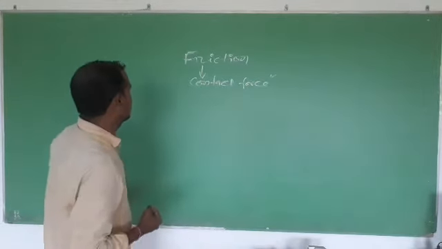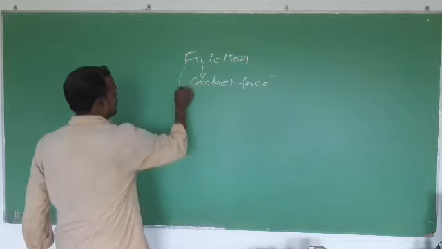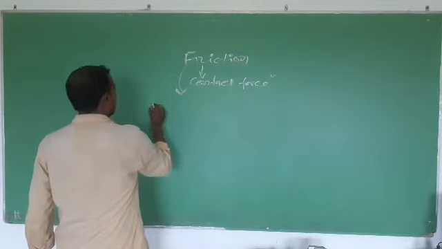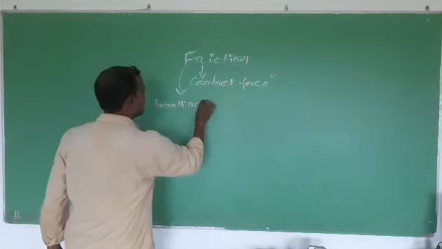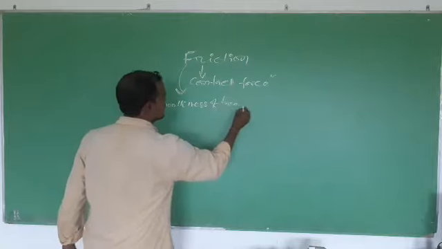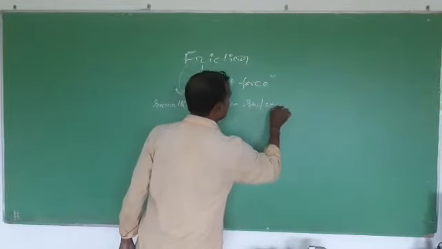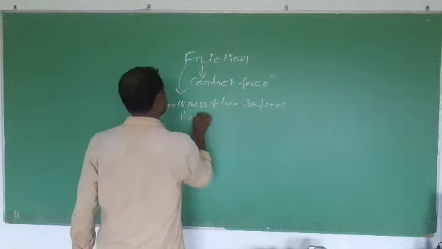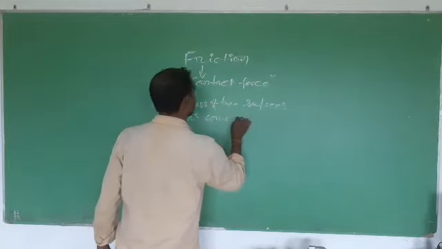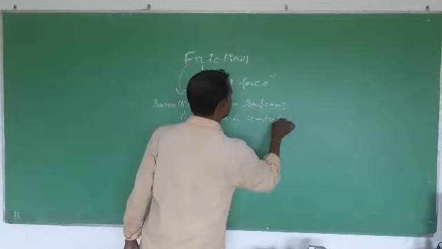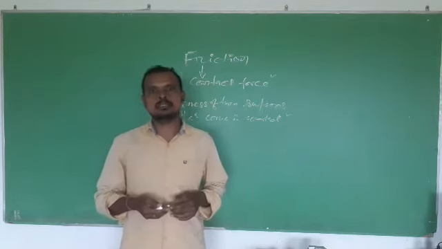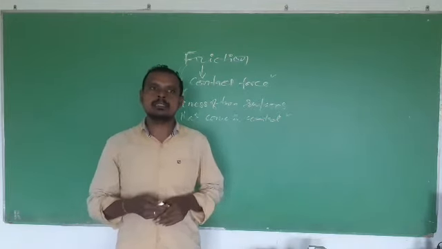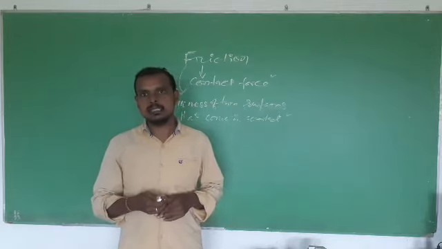So that is the force of friction. And students, the force of friction depends on the smoothness of the two surfaces that come in contact. So whenever the two surfaces are rubbed, the force of friction increases, and if the surfaces are of smooth nature, then the force of friction will decrease.